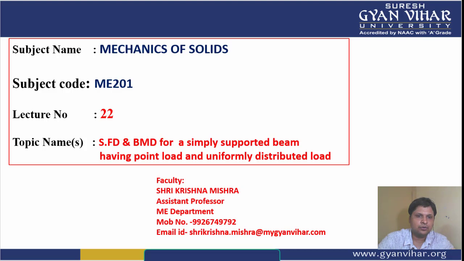taught you how to draw the shear force diagram and bending moment diagram for a cantilever beam, and in that too we have also discussed the different point loads and uniformly distributed loads acting on the cantilever. Then I discussed with you how to draw the SFD, that means shear force diagram, and BMD, that means bending moment diagram, for a simply supported beam in which only point load is acting. In the second case of the simply supported beam, I discussed when the uniformly distributed load is acting on a simply supported beam, and now we will combine these two cases of point load as well as UDL, both acting on the simply supported beam.